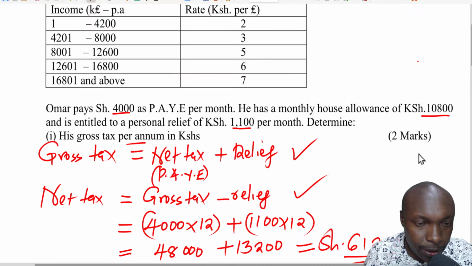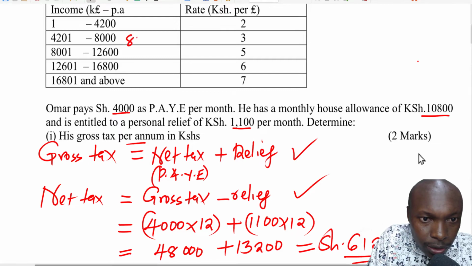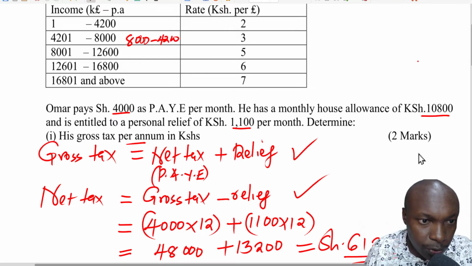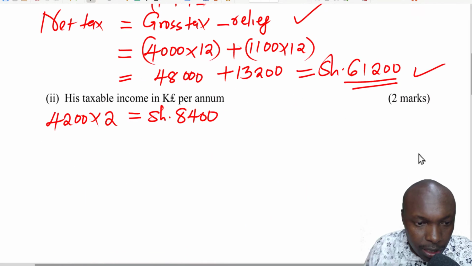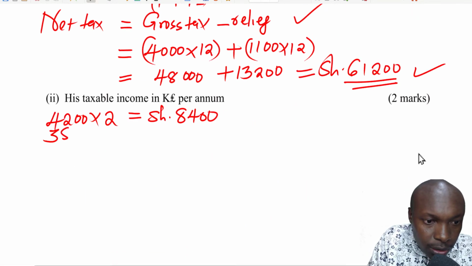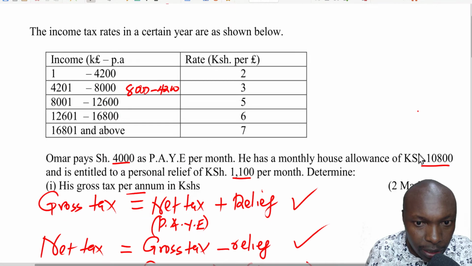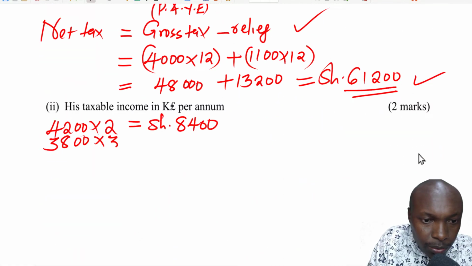The next slab begins from 8,000. We can get the size: 8,000 subtract 4,200. That is how we do it, not 4,201. The size of the slab will be 8,000 subtract 4,200, which gives 3,800. Then the rate of taxation in the second slab will be 3 shillings. So when you multiply by 3,